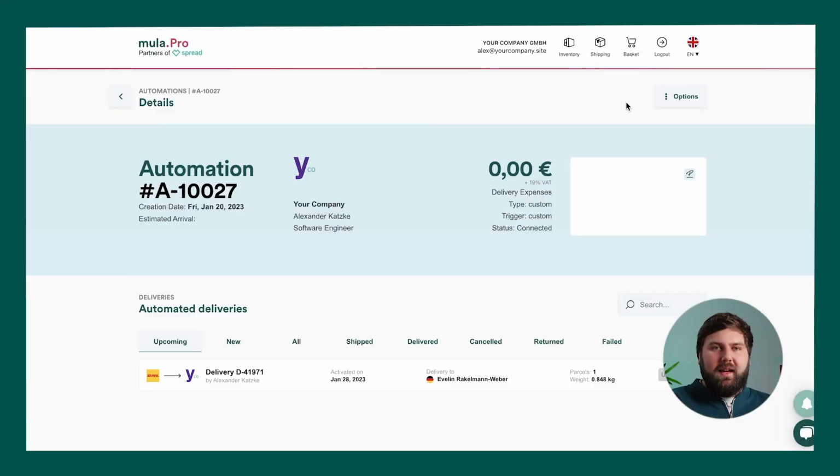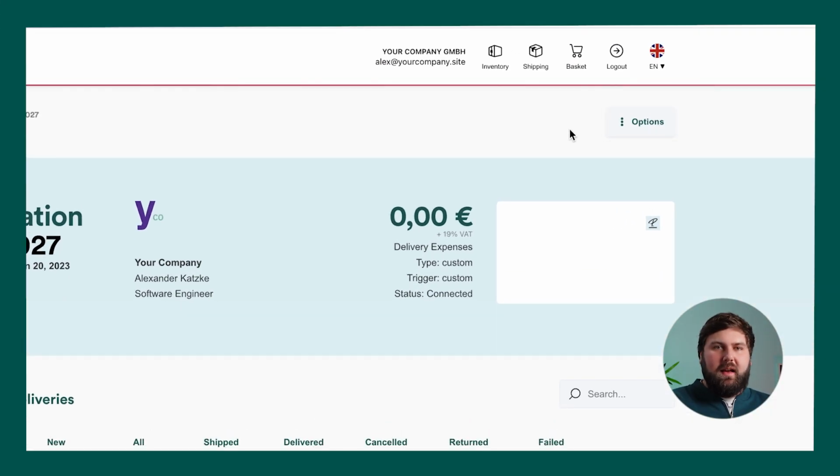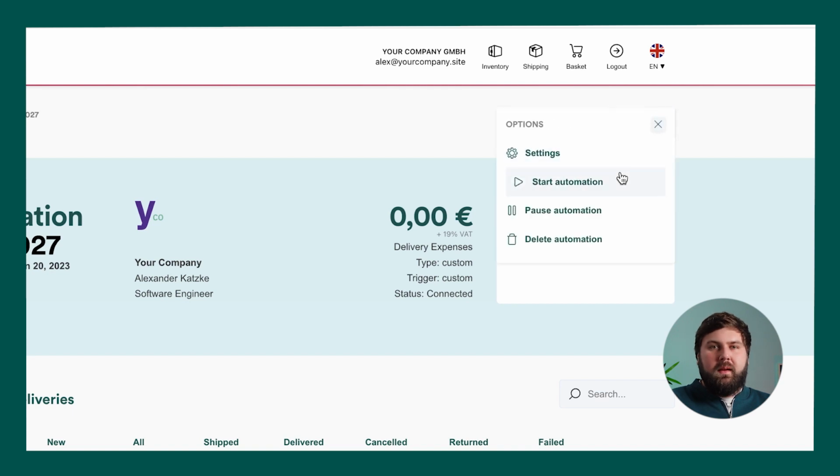The system will update every night and check for data from your HR software, and will add new deliveries for this trigger event for the next 60 days. So this means you won't see any upcoming deliveries that are beyond 60 days, although they might have already been entered in your HR software. To start the automation, click on Options and select Start Automation. If you don't do this step, the platform won't proceed with this delivery automation and update the information every night.